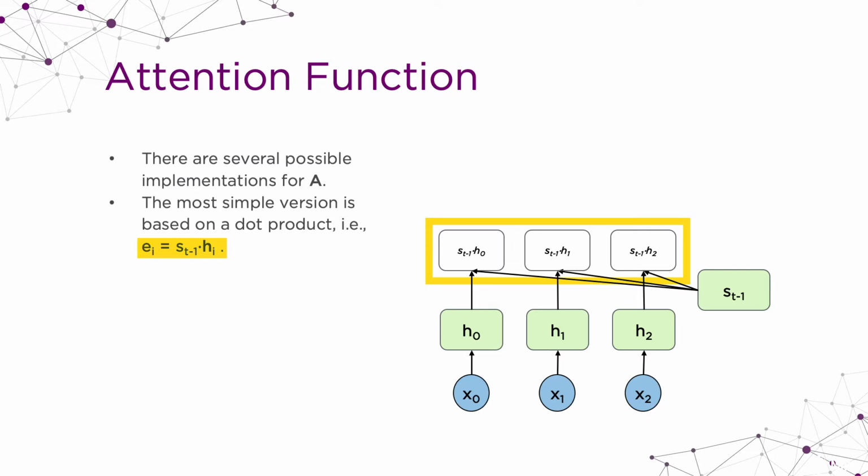element in the sequence. Like here you have the decoder state, s_{t-1}, dot product with h0. Here you see the same decoder state, s_{t-1}, but now the element is h1, which is the corresponding one. And here again, s_{t-1}, same decoder state, but now the element is h2. And the intuition here is that the model will somehow learn that